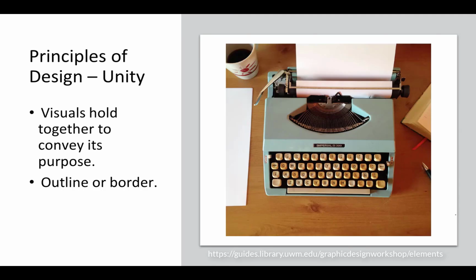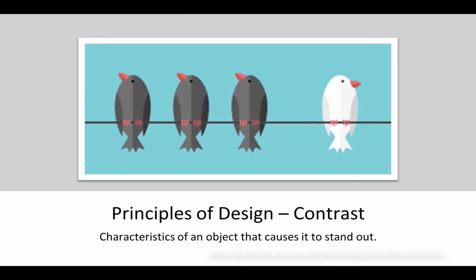For example, all of the objects in this picture together convey the idea of a work or study desk. Contrast refers to the characteristics of an object that cause it to stand out. When placed next to each other, contrasting elements command the viewer's attention. Areas of contrast are among the first places that a viewer's eye is drawn, such as the white bird in